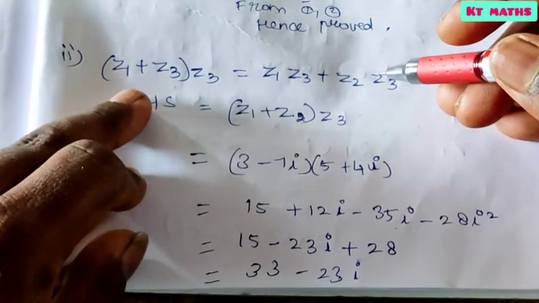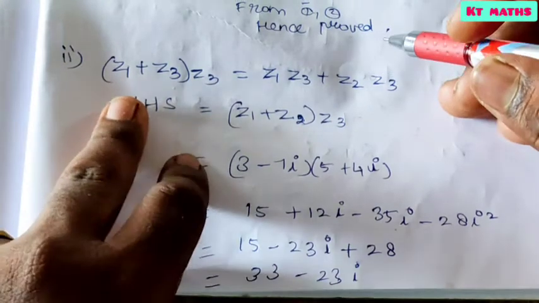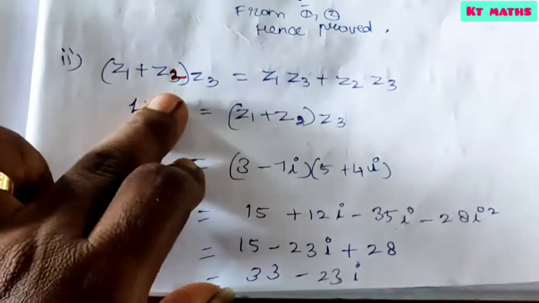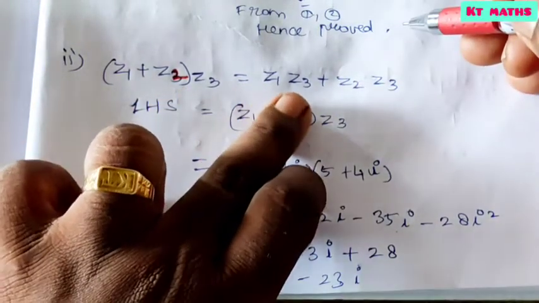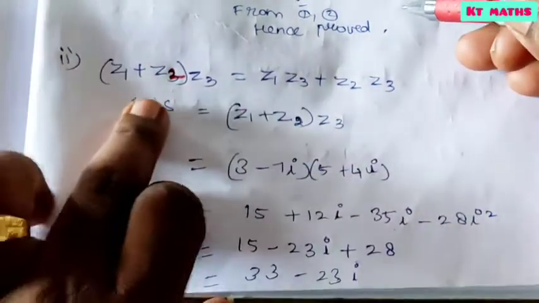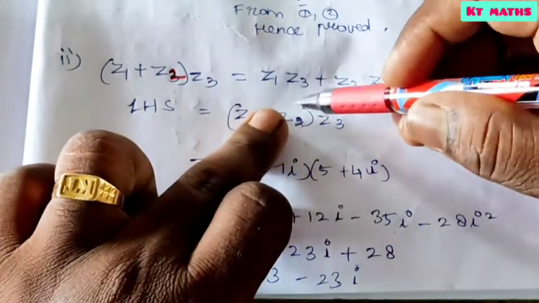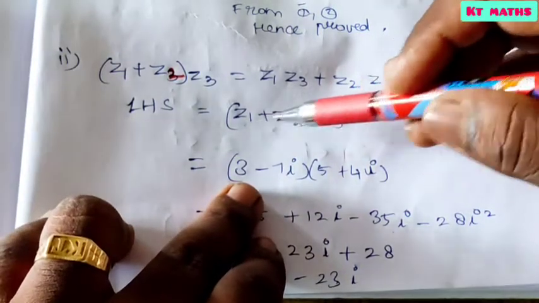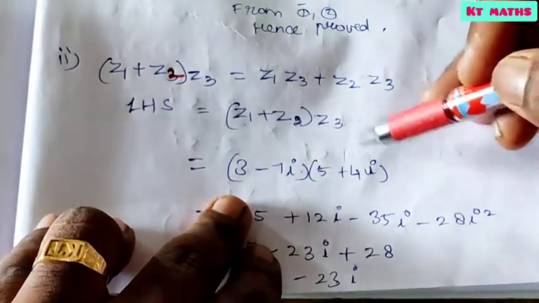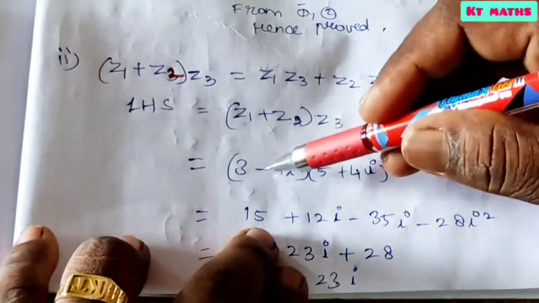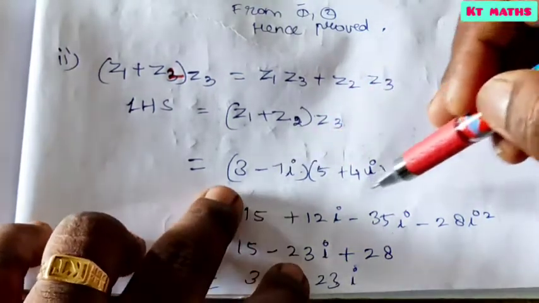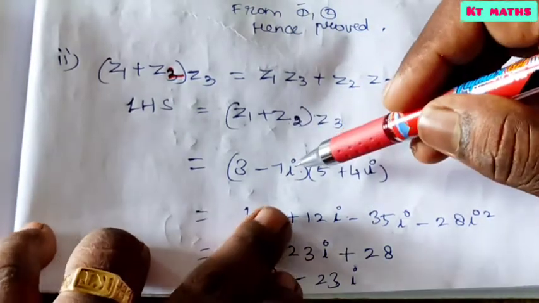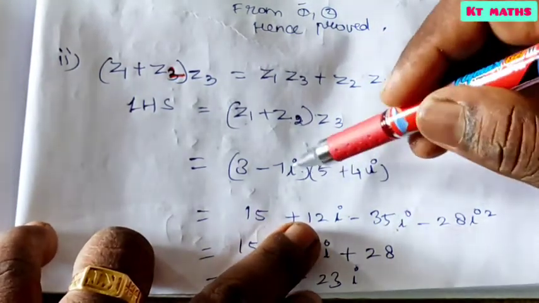Exercise 2.3, second sum, subdivision 2. Again we have to verify (z1 plus z2) into z3 equal to z1 z3 plus z2 z3. Left hand side: z1 plus z2 is 3 minus 7i, and z3 is 5 plus 4i. So we have to multiply 3 with these two terms. 3 into 5 is 15, and 3 into 4i is 12i. Minus 7i into 5 is minus 35i, minus 7i into 4i